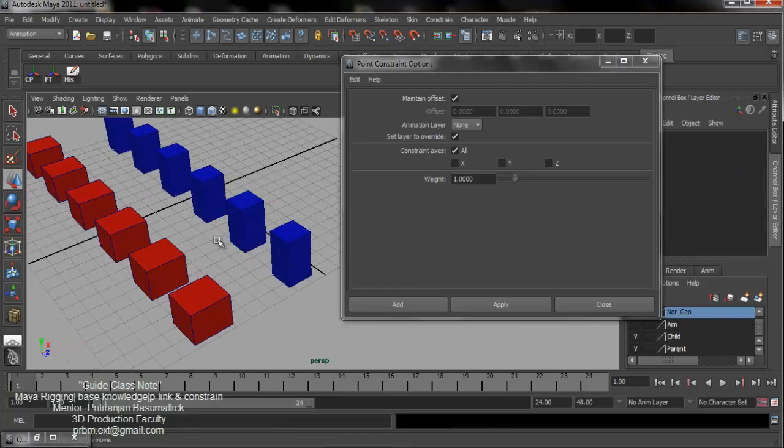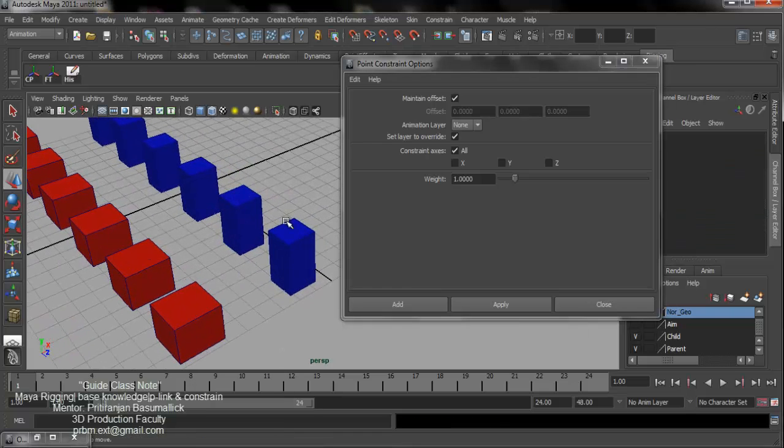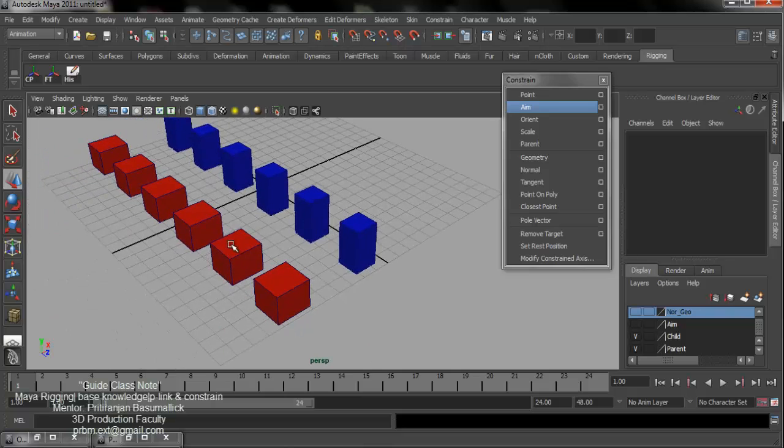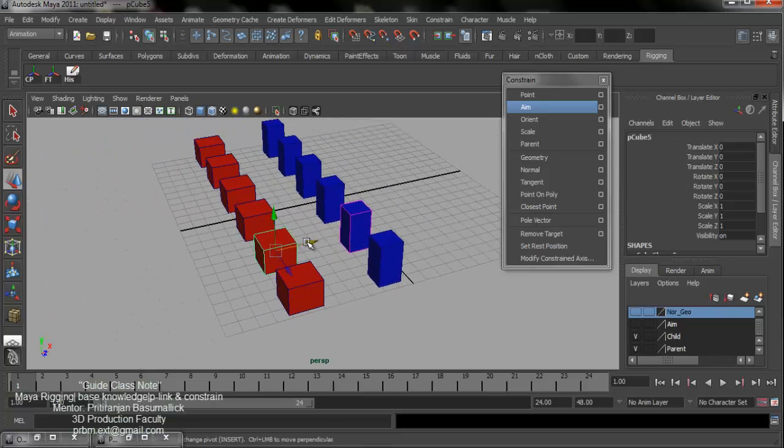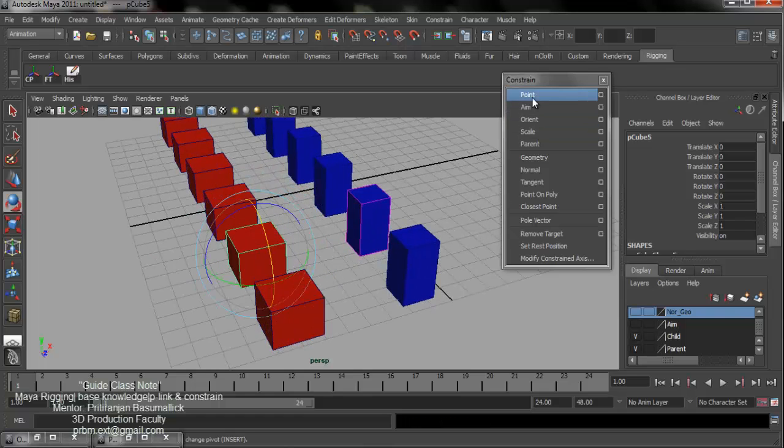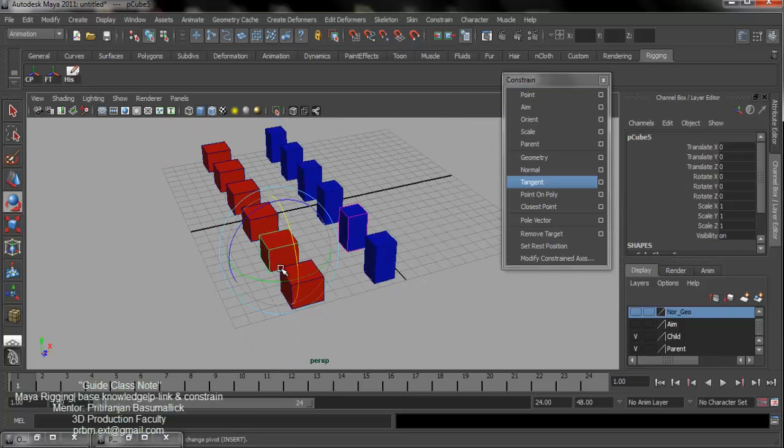What happened? We have already created a constraint relationship. That means when I select my parent and move it, my child object also moves, but when I rotate it, my child object does not rotate, because we are using the point constraint. Point constraint only builds a relationship in translate. Now when I scale it, it is not affected.